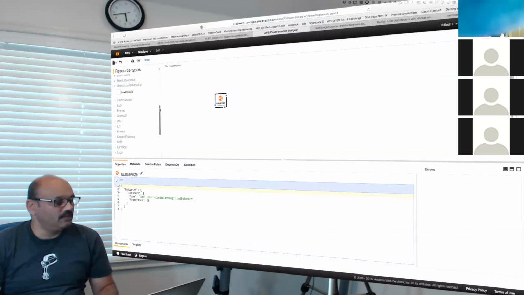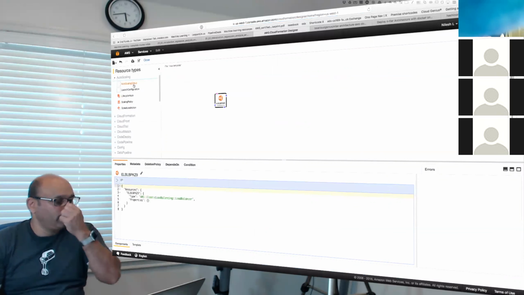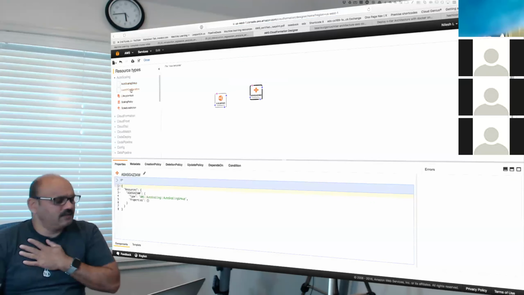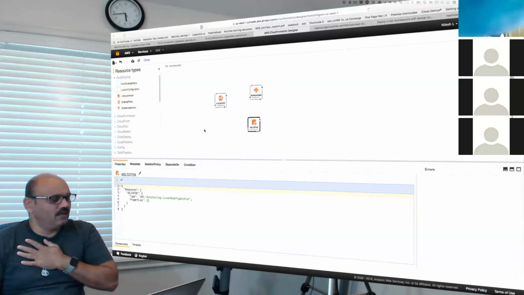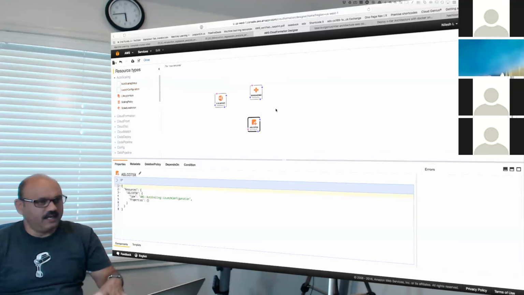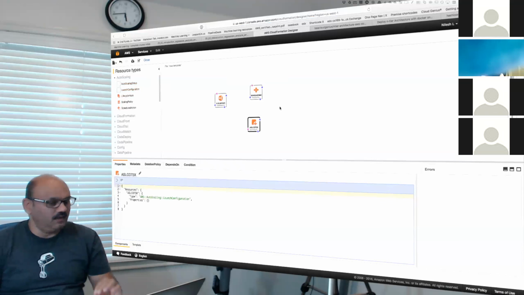Then you identify that you want some auto scaling group, and some launch configuration and things of that nature. So you basically lay out item by item what you would like to have in your architectural diagram visually.